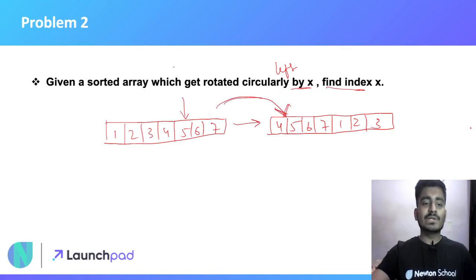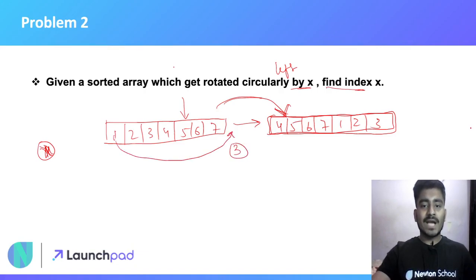You have to tell the value of x, by how many times you have rotated this array. You can simply say that you have rotated this array by 3. One rotation will bring 1 to the back side, the second rotation will bring 2 to the back side, and the third rotation will bring 3 to the back side. That's why you have rotated this array 3 times.